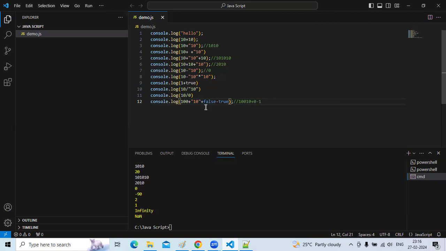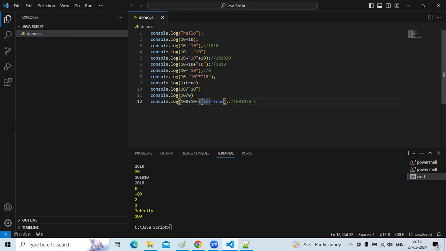If it is a number, see what happened. See, 109. Why? Because 100 plus 10, both are numbers, right? 110 is coming.